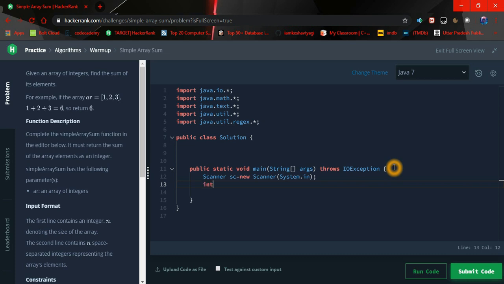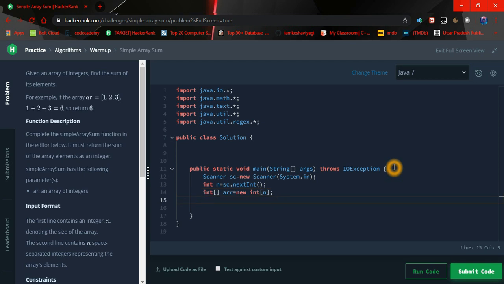The first input is an integer n, which is the size of the array. Which is quite easy. It is an integer type, so I have to do sc.nextInt. And now I have to declare an array of integer type. I am taking a variable ar, which is new int of size n.